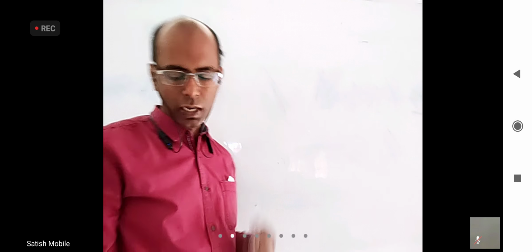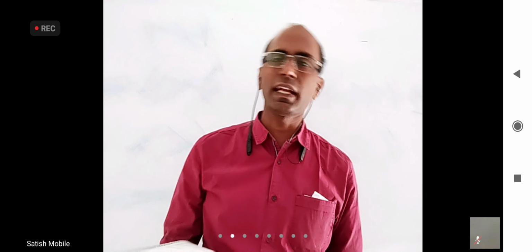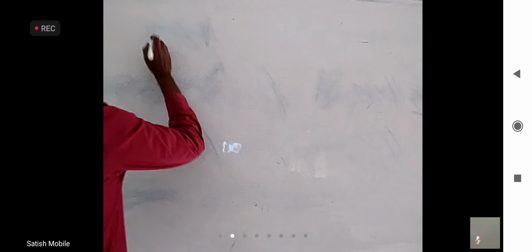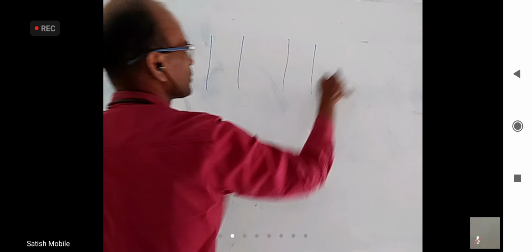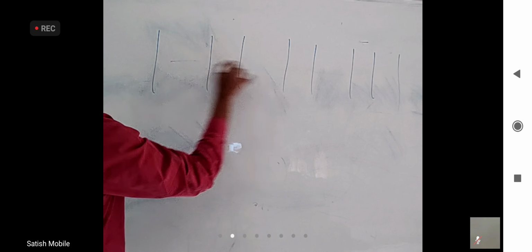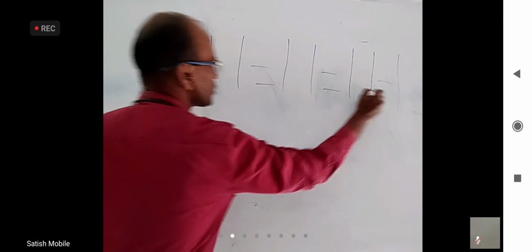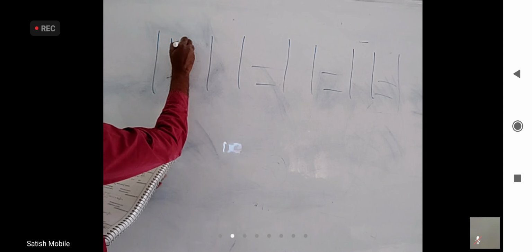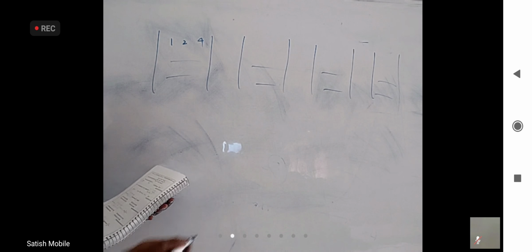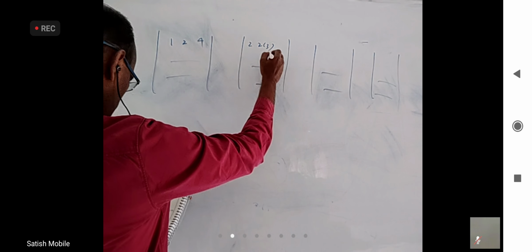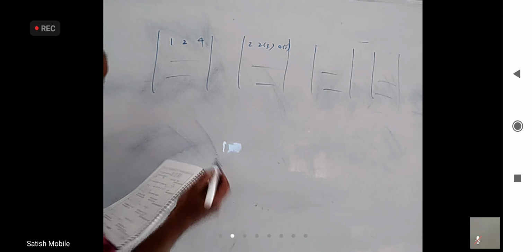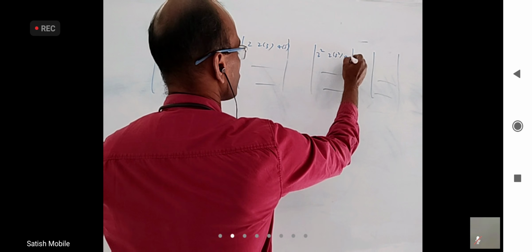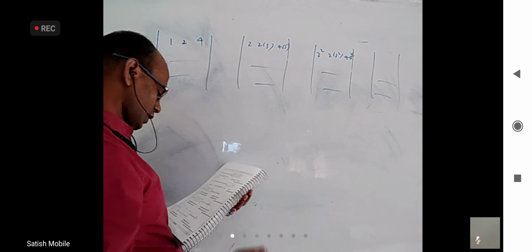40, if you take r equal to 1, r equal to 2, r equal to 3, your second row is not changing, third row is not changing, only the first row is changing. So you are basically adding many determinants like this. Same second row, same third row. But the first row, when I put r equal to 1, it is 1, 2, 4. When I put r equal to 2, 2, 2 into 3 and 4 into 5. If I put r equal to 3, 2 square, 2 into 3 square, 4 into 5 square. And so on it will come.